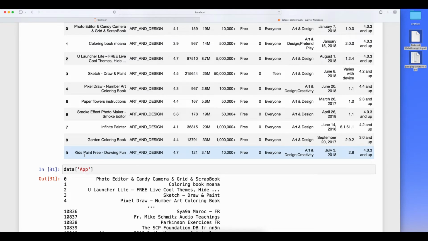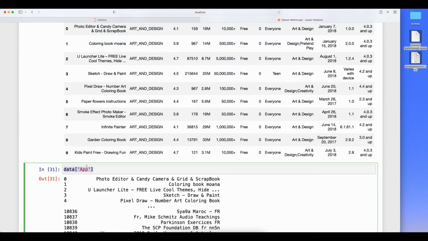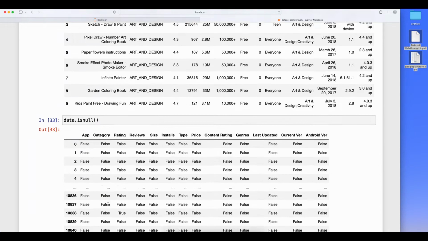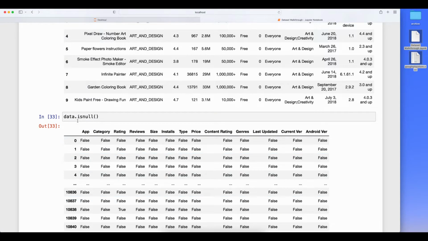How can I check? Obviously, I am not going to check manually. The best approach is to take the data frame and call dot isnull. This is something you need to write. If you write data dot isnull, it will go through each and every cell and check if the value is null or not.